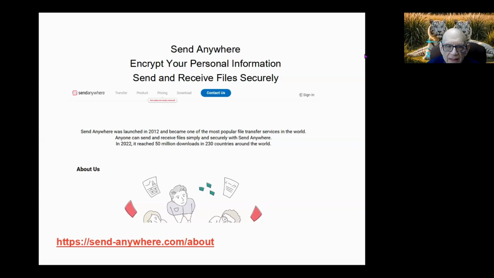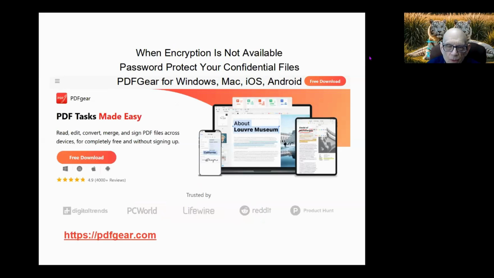Seems like it's kind of easy. One of the things that you can do, you may not be aware of, is when encryption is not available and you have to send personal information, and I know tax season is coming up, and that's one of the big challenges right now with sending information with social security numbers and account numbers.